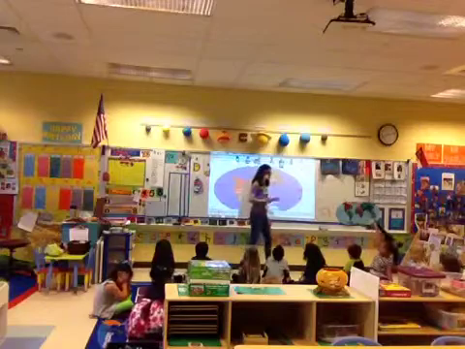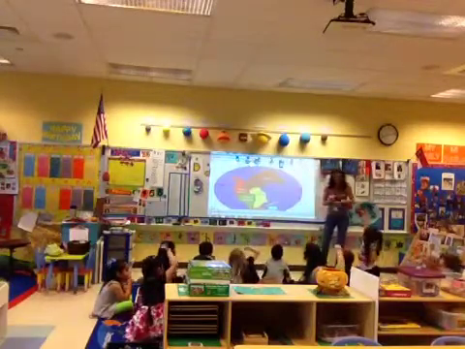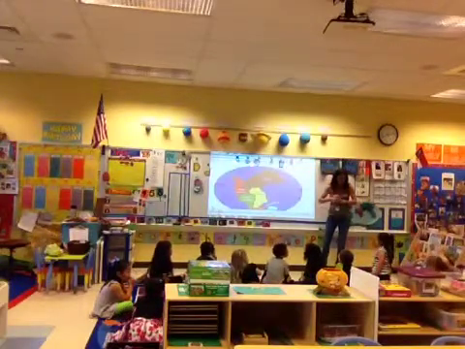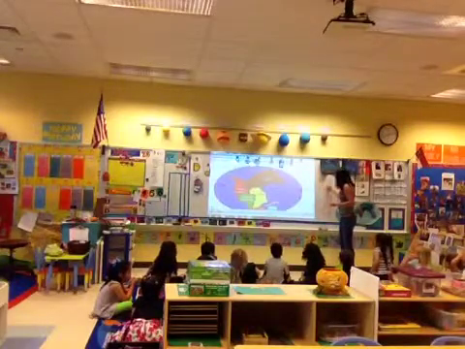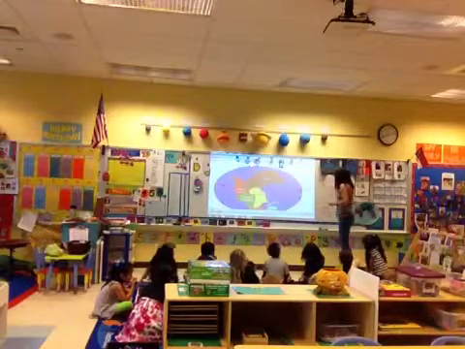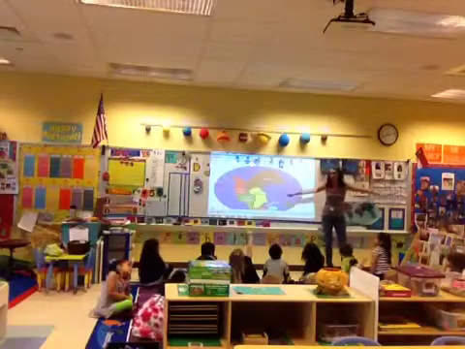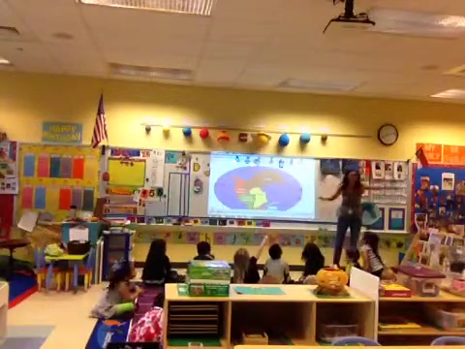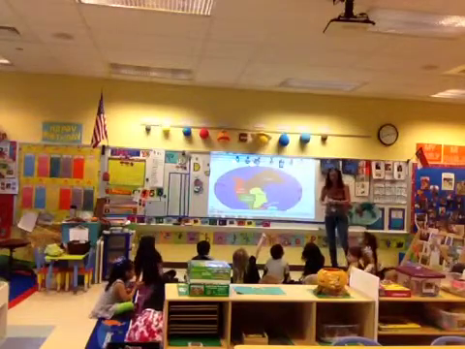Can anybody help me with the two things that can happen to make the Earth change? I'm looking for a quiet hand. Can you remember one way that makes the Earth change, Ingrid? Well, not for that, but yes, volcanoes. Volcanoes can erupt. The hot lava rolls down the volcanic mountain. It starts adding layers and layers of rocks. It changes the way the land is formed. It can also create its very own islands. We talked about that a little bit with Hawaii.